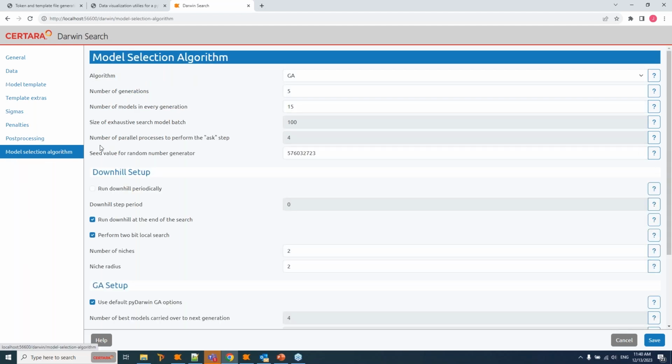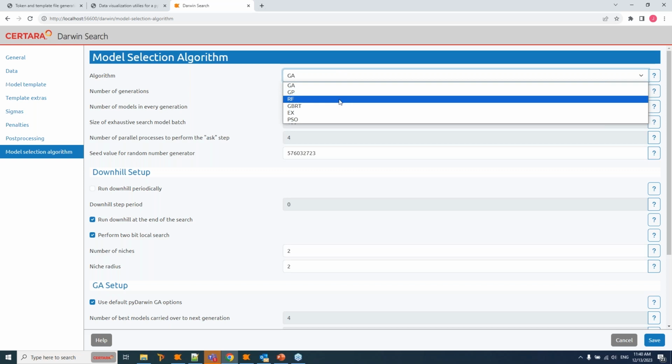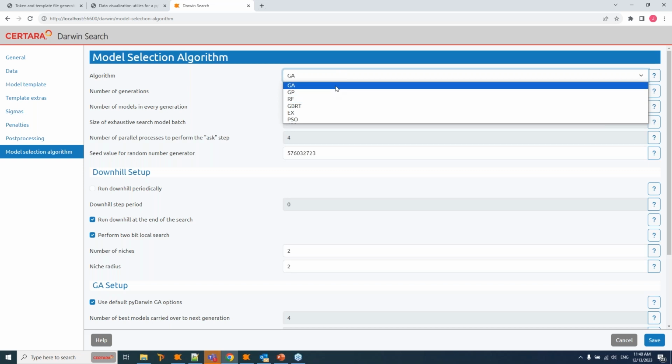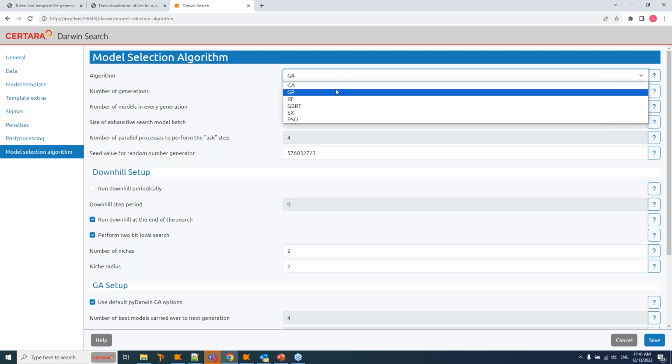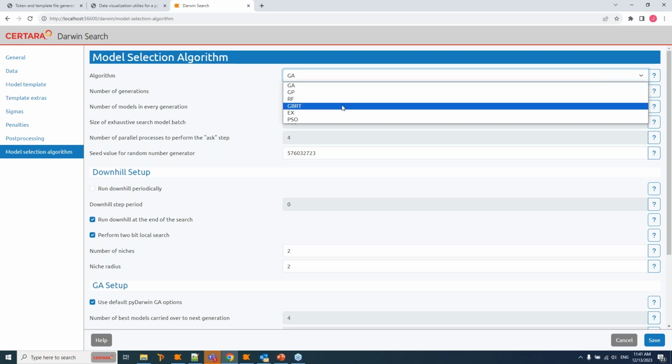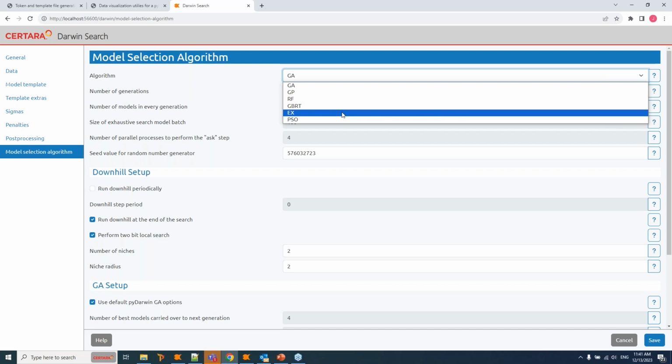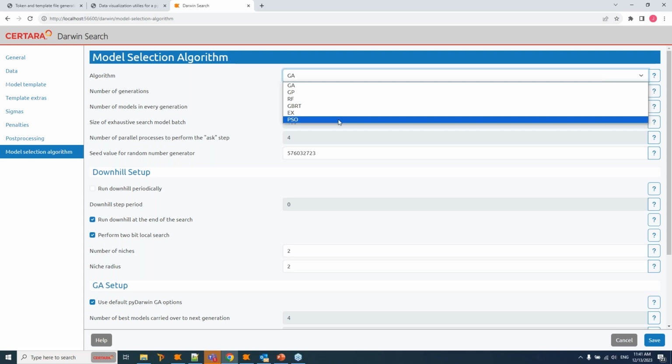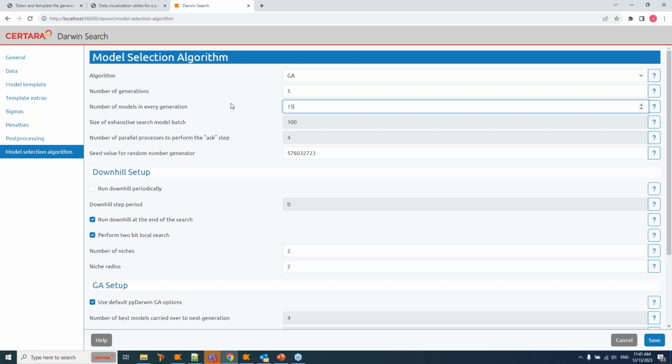And finally, we go to the model selection algorithm. So here you can see we have different algorithms to choose from. We're choosing GA here. You can see the Gaussian process, random forest, gradient boosted random trees, the exhaustive search, which would run every single model in that search space, and then PSO, the particle swarm optimization. So you start,